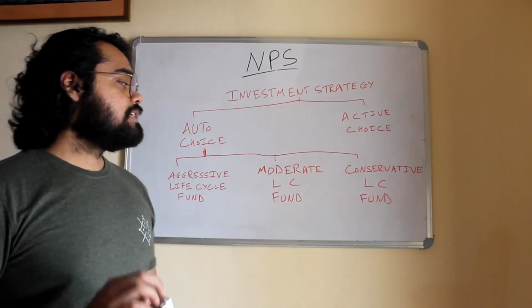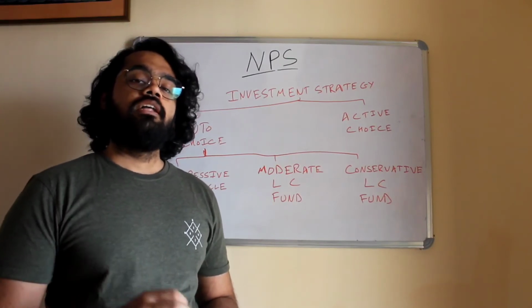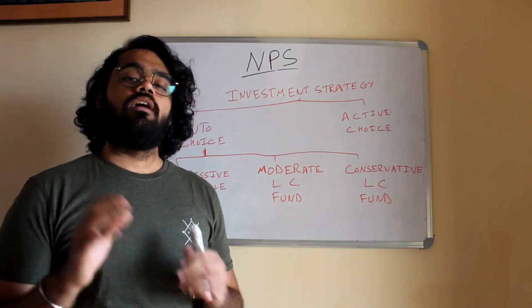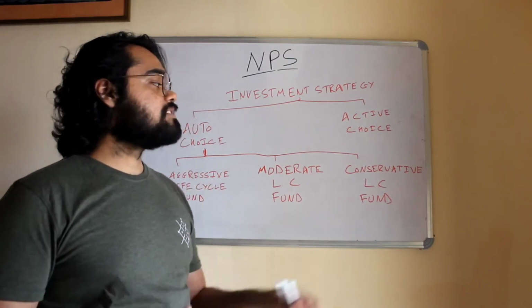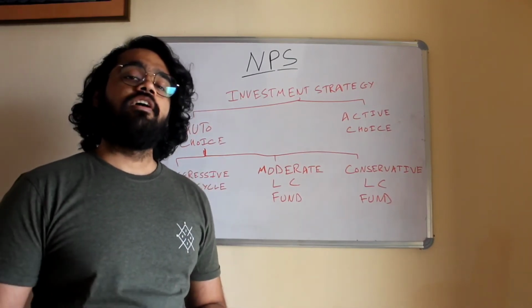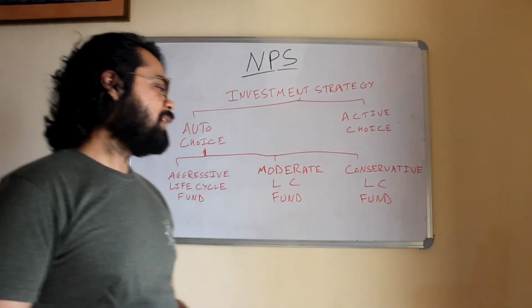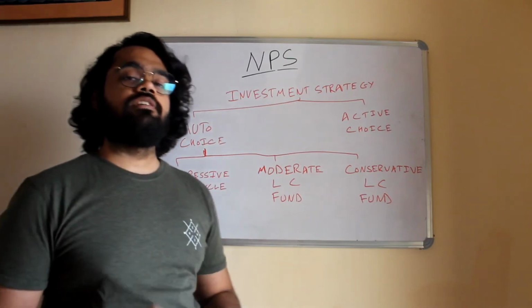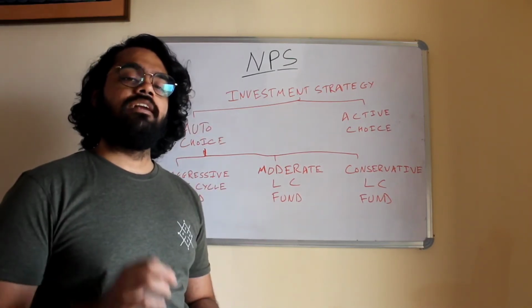Now, the second one is moderate life cycle fund. Under moderate life cycle fund, the equity portion is 50% up to the age of 35 years. And the last is conservative life cycle fund, where the equity investments are capped at 25%. So, based on the risk appetite of the investor, he can choose which plan suits him the most and invest